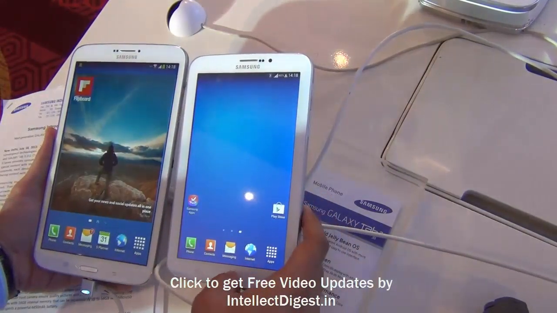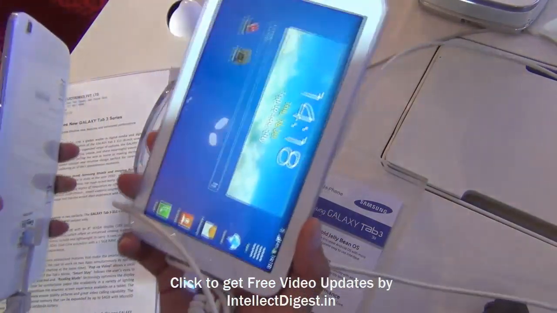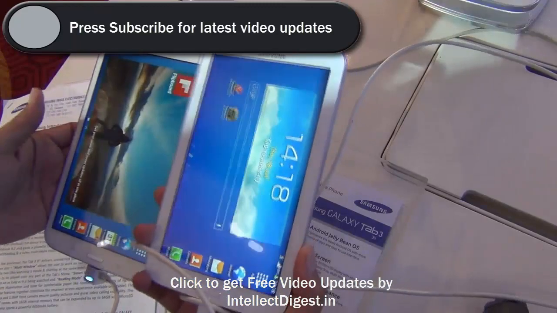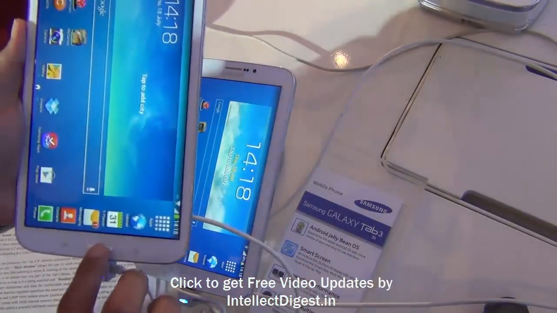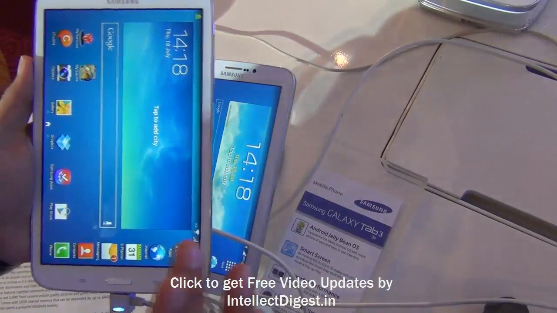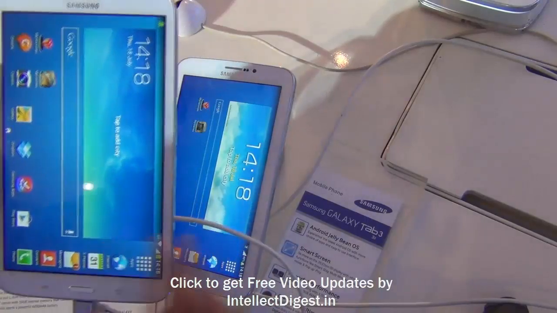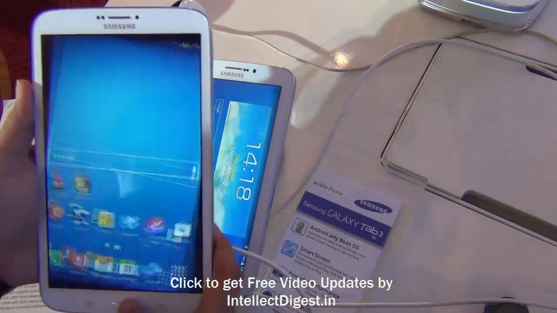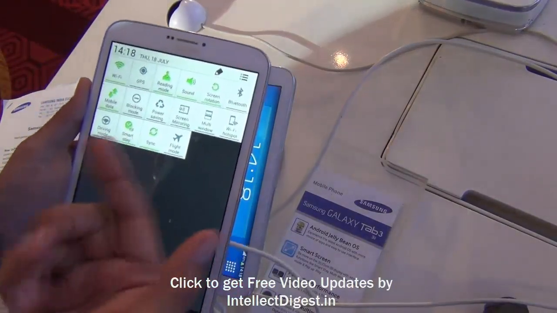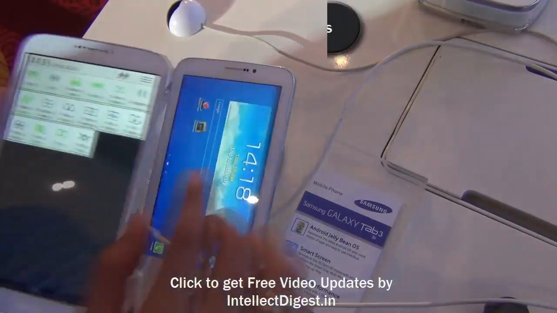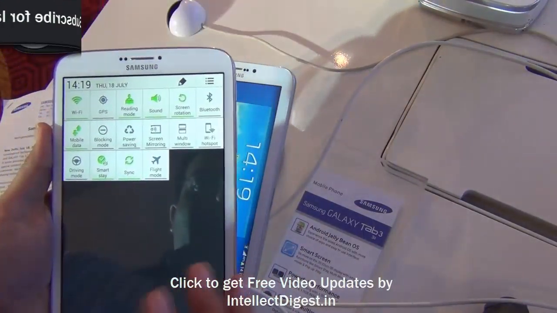There are other differences as well, as the price is very different. This model you get for around 18,000 rupees or under, whereas the Wi-Fi only model of the 8-inch tablet is around 22,000 rupees, and the Wi-Fi plus 3G is around 25,000 rupees here in India. Also, the 8-inch tablet gets some extra functionalities from the latest Android series like Smart Stay, with which it looks at your eyes. There is a reading mode in both of these tablets, which gives you comfortable reading contrast ratios even in bright light.